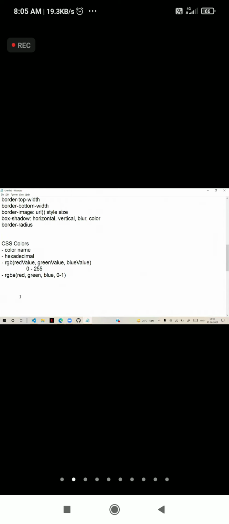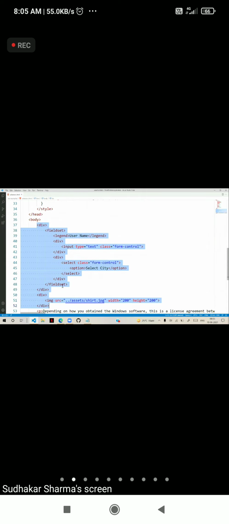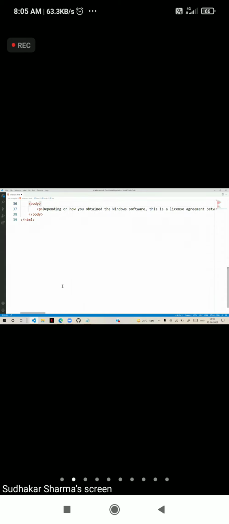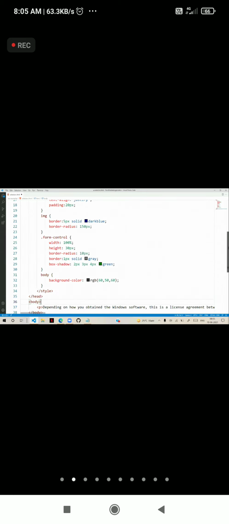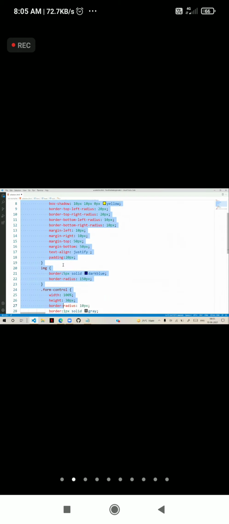For example, suppose I have a paragraph, and I will remove these borders and all, whatever I defined here.